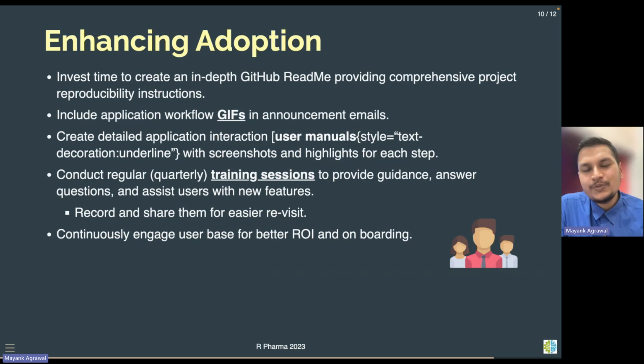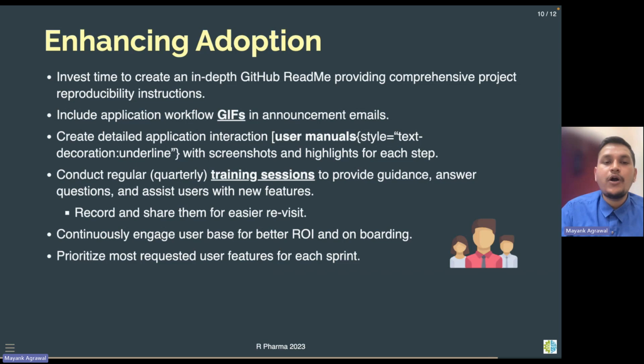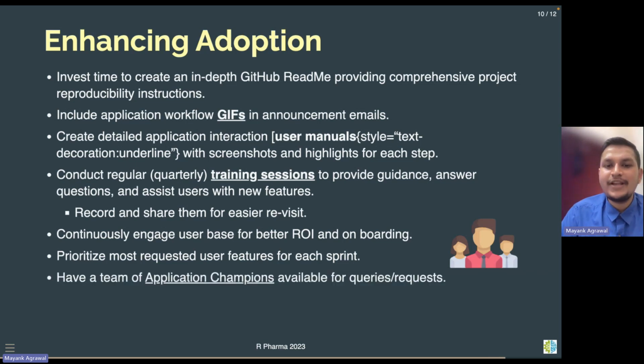We continuously engaged with the user base for a better ROI, or return on investment, and onboarding. And we always had a team of 2 to 3 application champions who were available for their queries or requests. So at any point of time, the end user can reach out to a specific team's helpline, and they could ask how to use this feature. So the application champion could then get on a 5 or 10-minute quick call, explain to them, and if it's a new request, they could record them to update our FAQs, write-ups, and the videos as well,